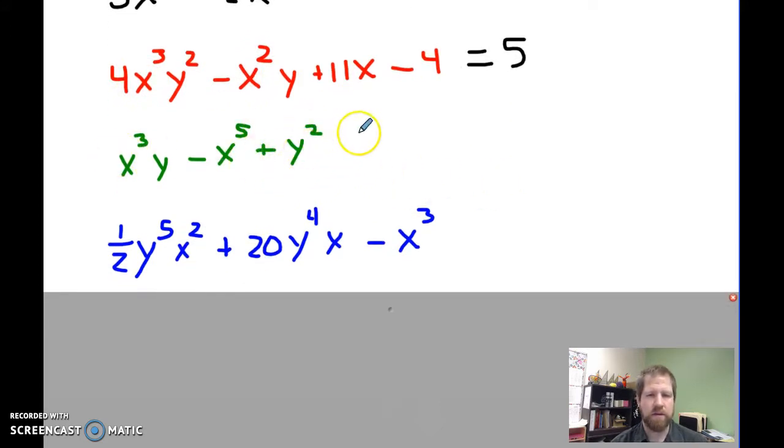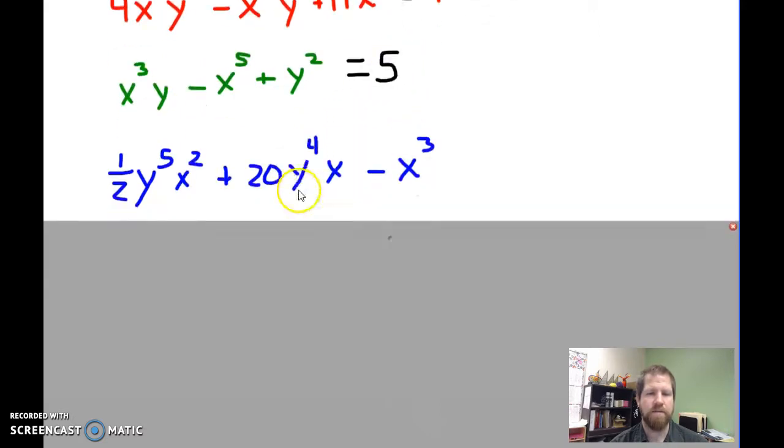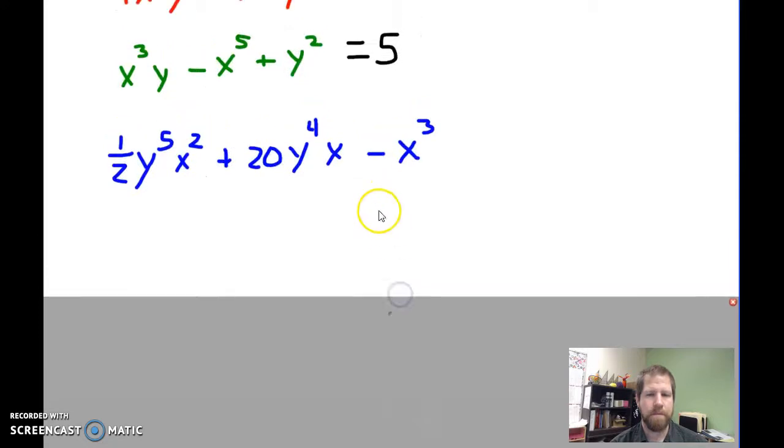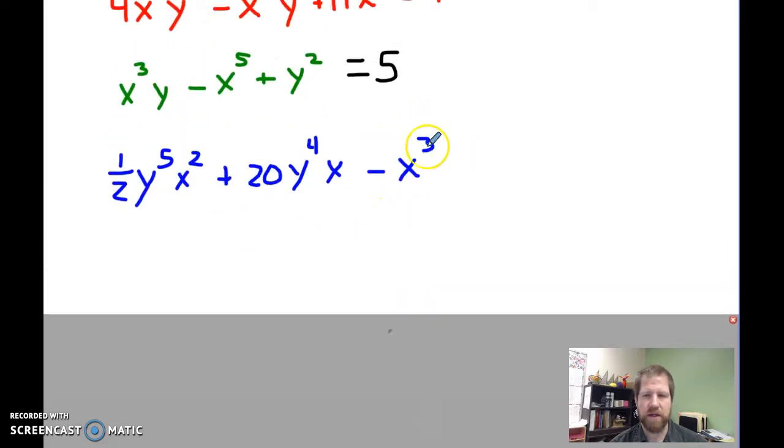Alright, looking at these ones, we have a y squared, so that's a 2-degree monomial, a negative x to the 5th, so that's a 5th degree monomial, and then I have x to the 3rd times y, so that's 3 plus 1, 4, so this is going to be my largest degree, again at 5. Okay. Alright, and last one for this, I've got a 3rd degree monomial, I've got a 4 plus 1, 5